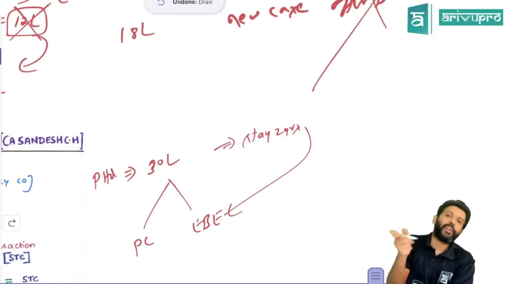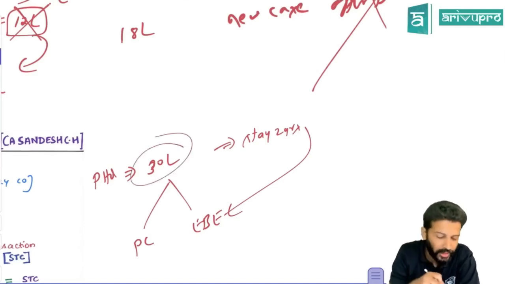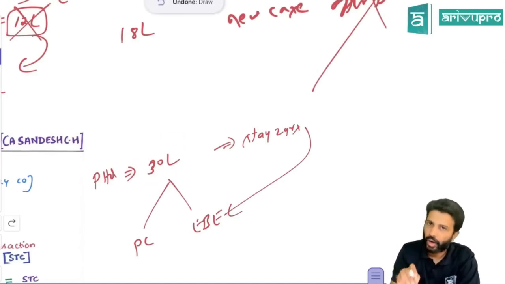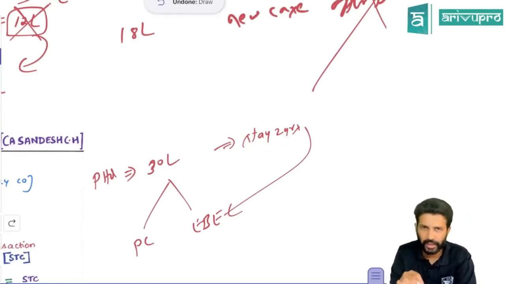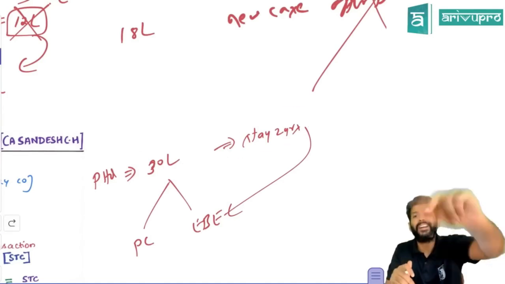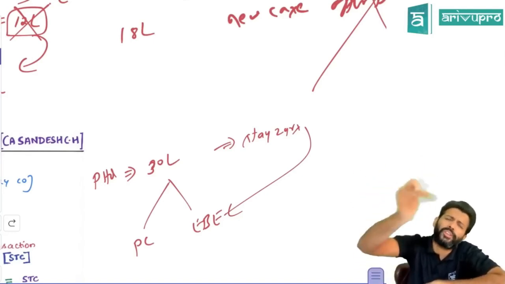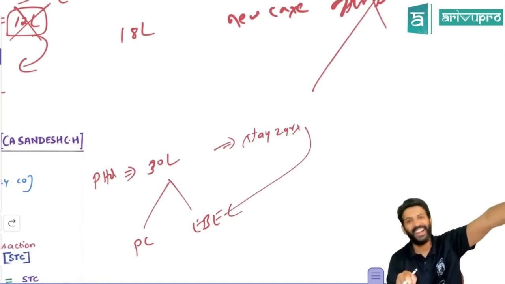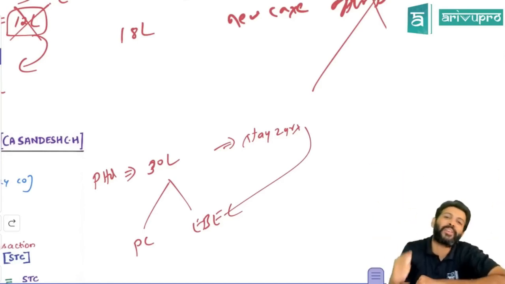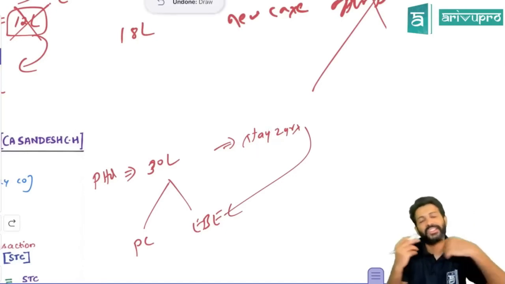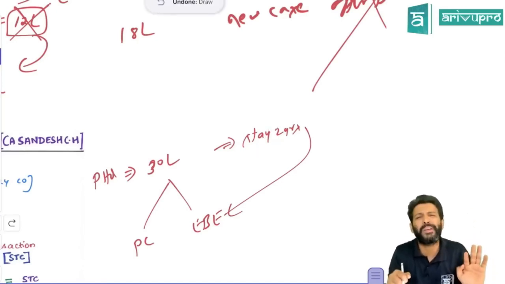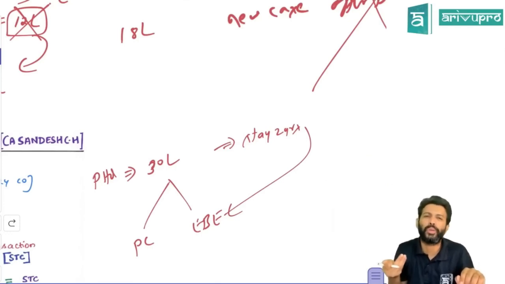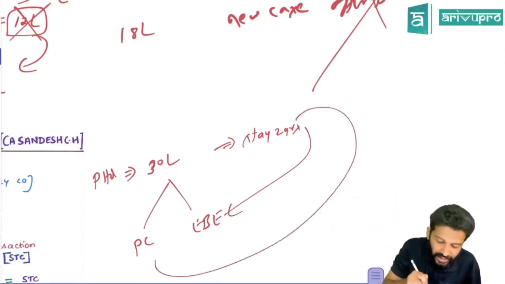Okay. Now, if I modify the example, let's say Parent Limited will give 30 lakh rupees to subsidiary employees, and the same condition is put forth by the parent: stay in my company for 2 years and I will give you 30 lakh rupees. But parent added one more thing. Even if you quit within 2 years, still I will pay. The main condition is to stay for 2 years, and the add-on clause is that even if the employee quits within 2 years, he will still get it. That means it's not really service based. Whether the employee works for 2 years or not, anyway he will get this. So in that case, it will form part of PC.